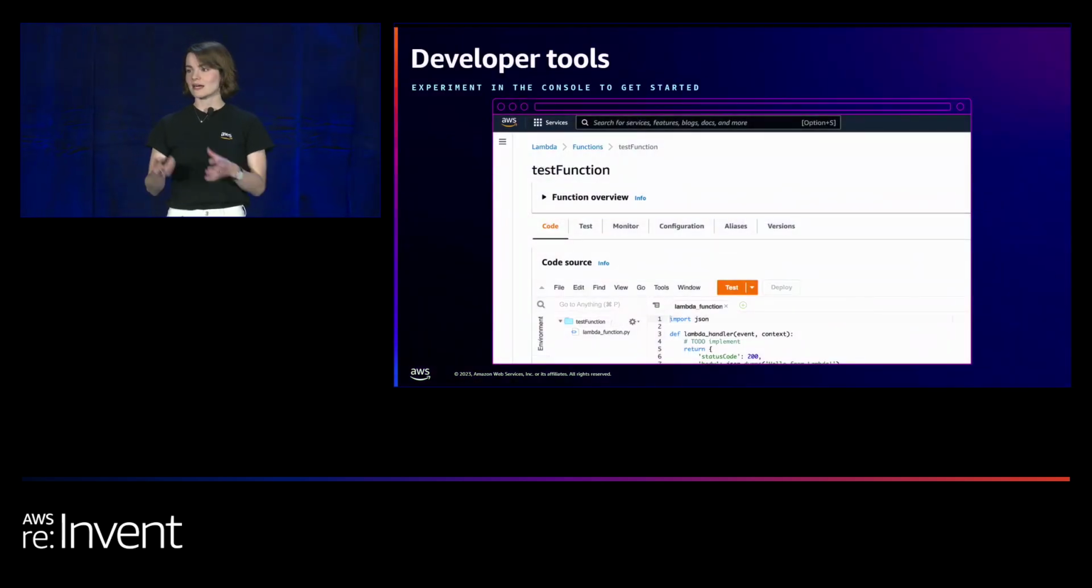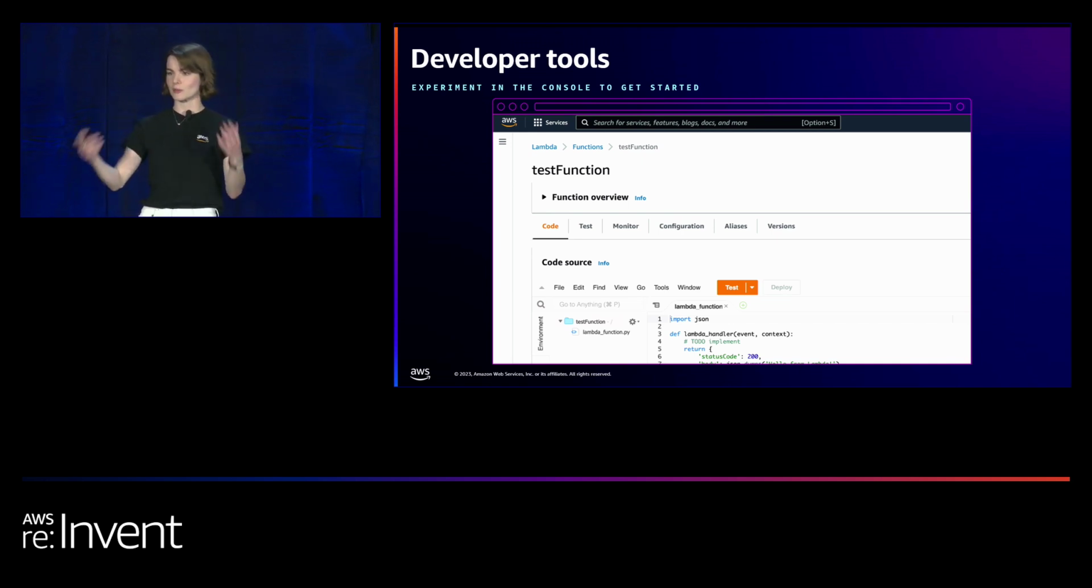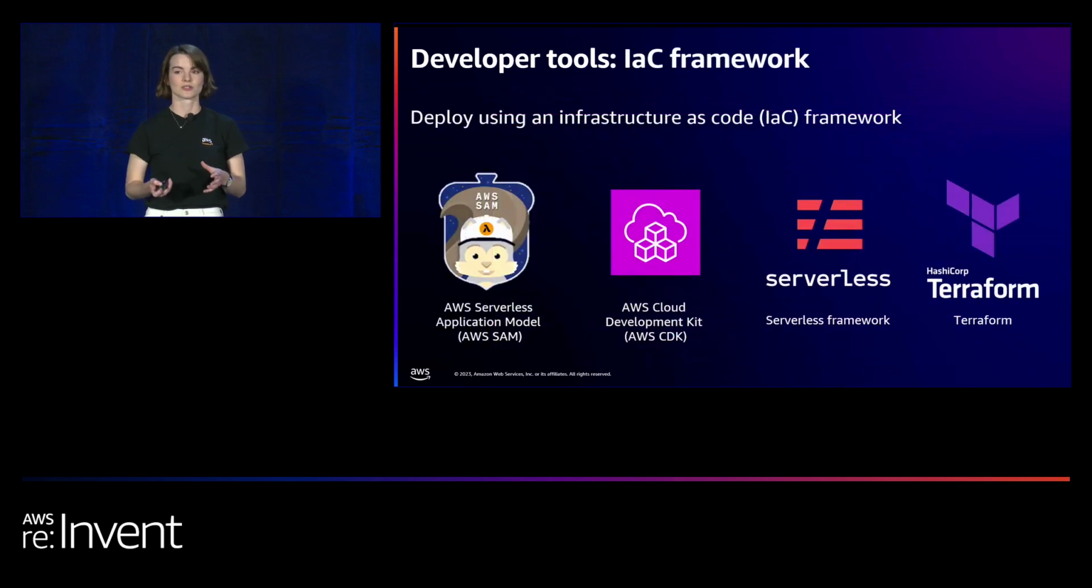So first off, it absolutely makes sense to just jump into the console and start playing around with stuff. This is a great place to just learn about what's available, learn about what different features the services have and how they interact with one another. So the console is a nice place to dip your toe in, but I definitely recommend that you evolve beyond just deploying directly in the console and start to use an infrastructure as code framework pretty quickly as you're developing